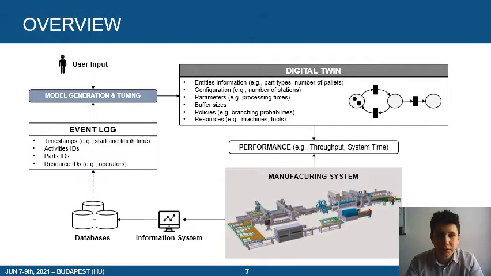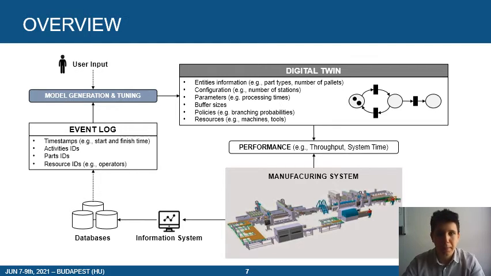So this is an idea of the approach that we develop. We start from a manufacturing system. The manufacturing system generates a lot of data, which is collected in databases. From databases, we can collect several information that we are interested in. For example, the activity identifiers, part identifiers, and timestamps, which indicate the time that an activity has been done by a certain part. If we have a clear event log, we can generate a model with a model generation and